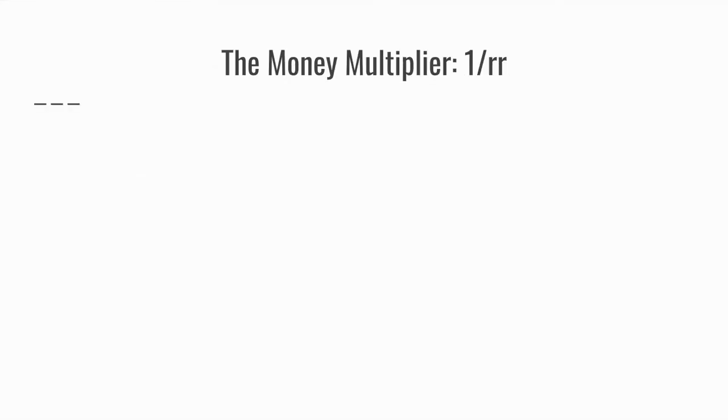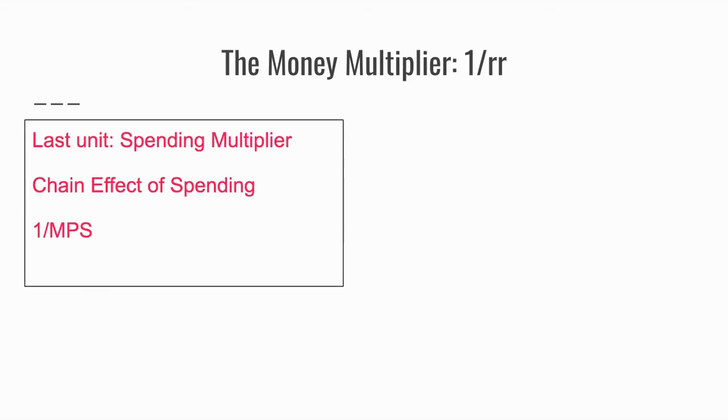Okay, we're going to move on to the money multiplier. In the last unit, we talked about the spending multiplier. That was where we looked at how a government injection of money into the economy can kick off a chain effect of spending, where the government gives everyone $100. People then spend part of that $100, and that money is then spent by someone else, which is then spent by someone else. So the chain effect of spending